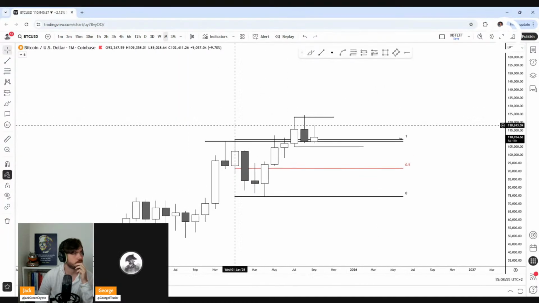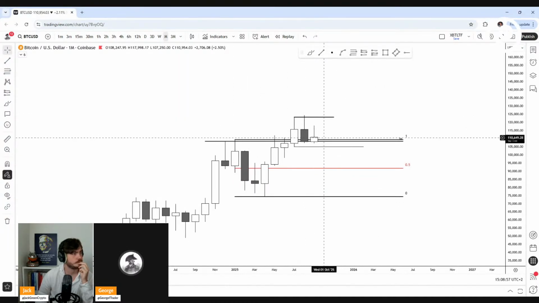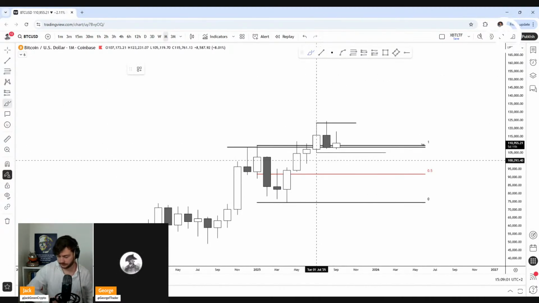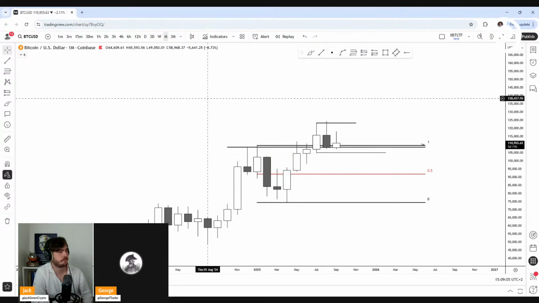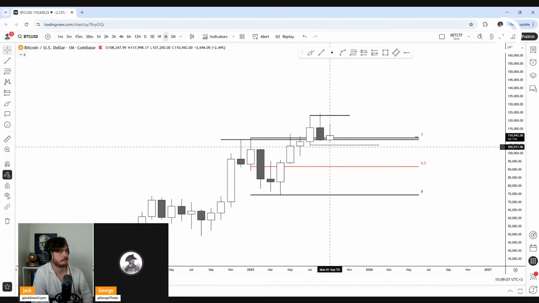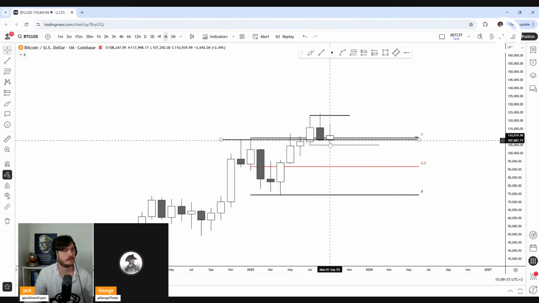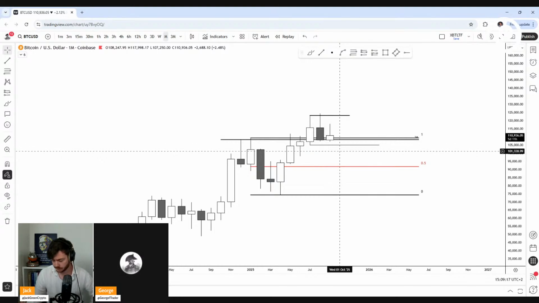On the other hand, if we still manage to close somewhere up here, maybe a little bit stronger, I wouldn't be surprised if we still go for these lows, because like I said, I feel like there's going to be a lot of liquidity resting below there. And the fact that we are trading that close to those levels, I would be surprised if we don't at least take them.